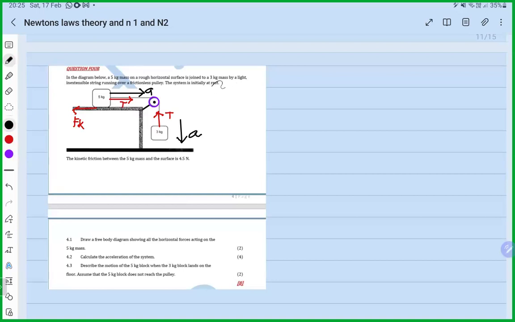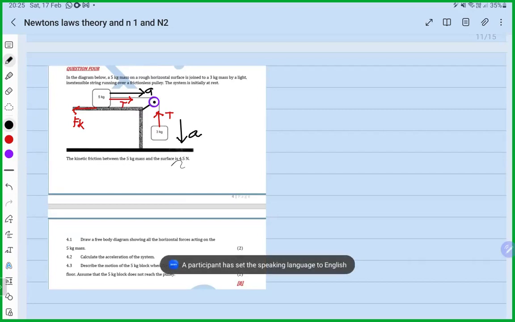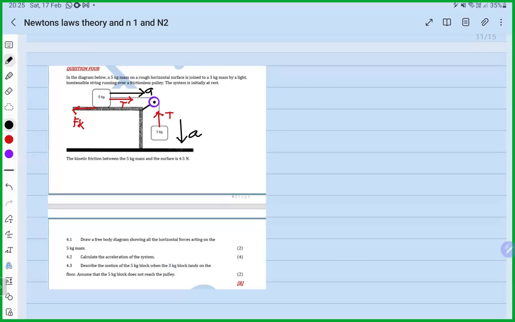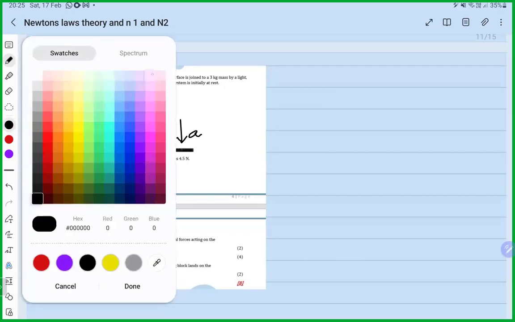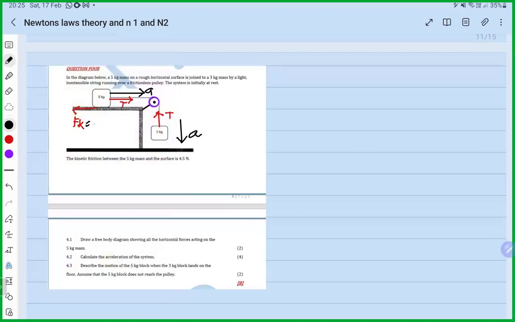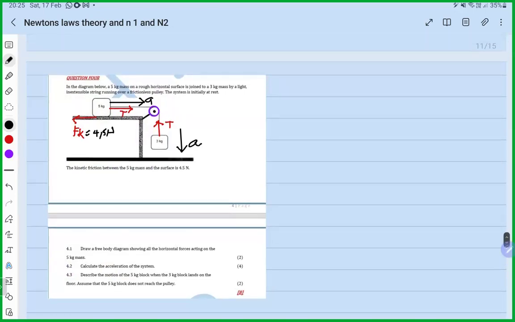That means your initial velocity is 0. The kinetic frictional force between the 5 kilogram mass and the surface is 4.5 newtons. So they gave you the kinetic frictional force here. It's 4.5. Right, so this one started quite nicely. It says draw a free body diagram of all the horizontal forces acting on the 5 kilogram mass. Why do we not want the vertical forces? They're really not going to be important. So the horizontal forces on the 5 kilogram mass